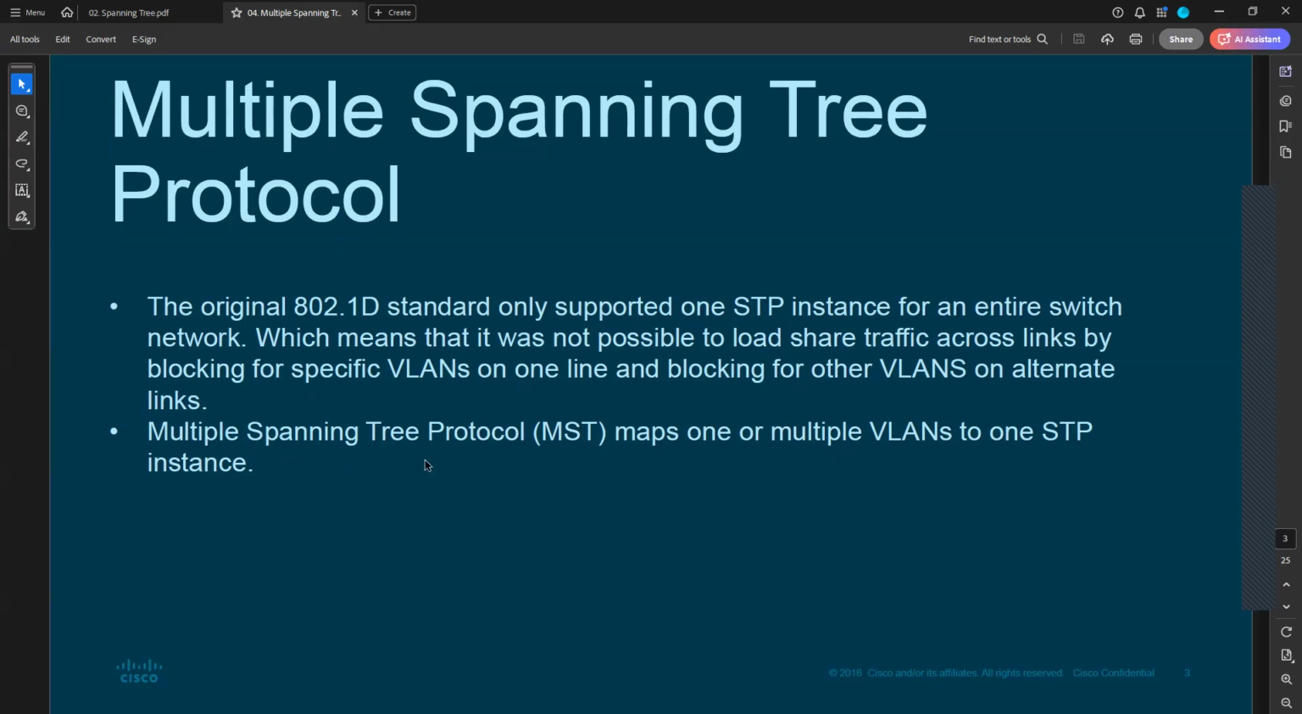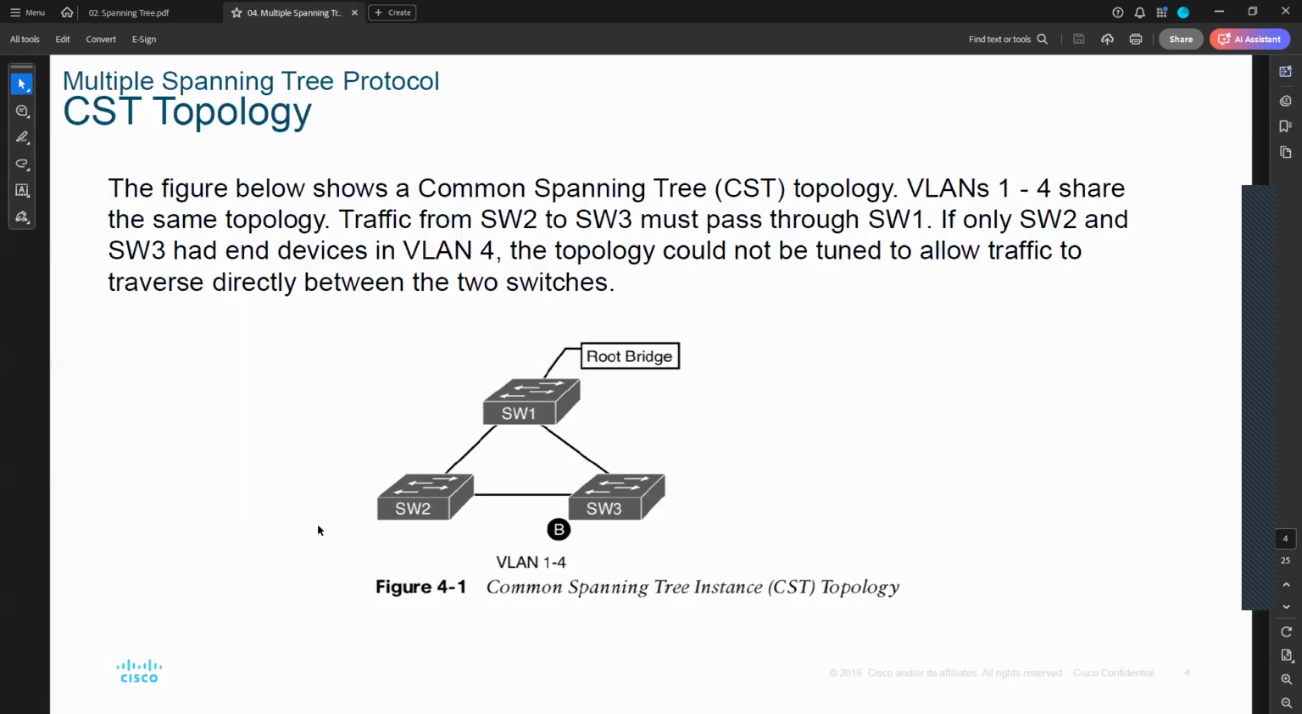So with the help of MST, it maps one or more VLANs to one STP instance. Here you can see this is a common spanning tree where only one root bridge is there. So it doesn't matter how many VLANs there are. Even if you have VLAN 1, 2, 3, 4, they will share the same topology. While